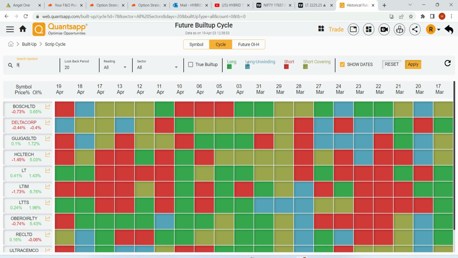So we see this blue color, maybe this one is long unwinding. Where do we see it? We do not see the long unwinding. Honestly, it was either short or short covering the majority of the time. So we need short covering, long unwinding, and long. If these three things are developing in LT, the stock will go up, unless we see more shorts. So tomorrow, suddenly, if we see shorts getting built up,